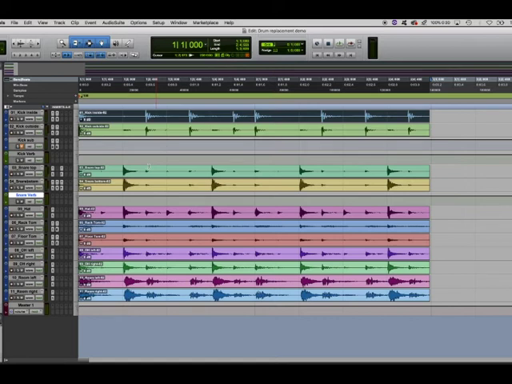Now, obviously, one way around this would be sample replacement, so I could take a really deep and full kick drum sound and synchronize it with the performance that's already there. However, there is another technique that I like to use where I take a low-tuned sine wave and use a gate in order to synchronize its sound with a kick drum. And I find that this gives me that kind of low resonance that you would get from a very deep